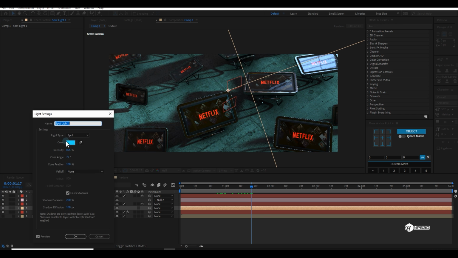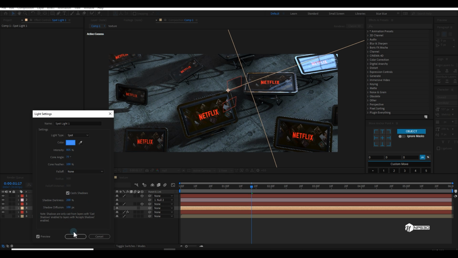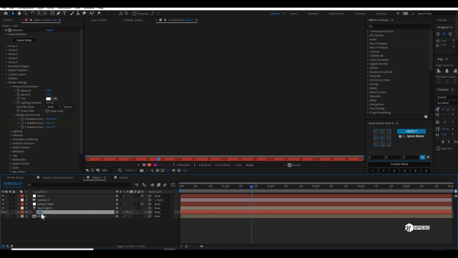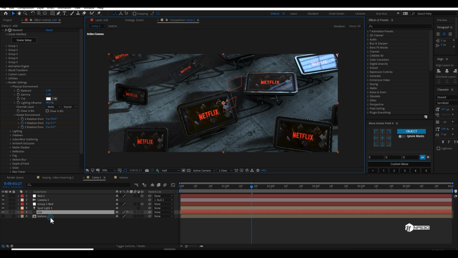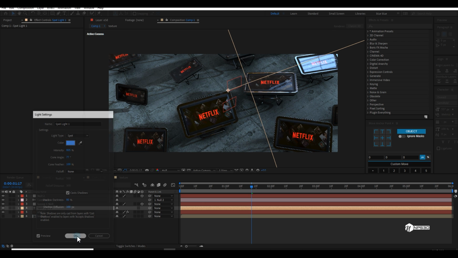So first I will change the light to maybe a little blue according to this theme, like this. And maybe I can go to the light properties again and change the darkness to maybe 100 or maybe 80, something like that.